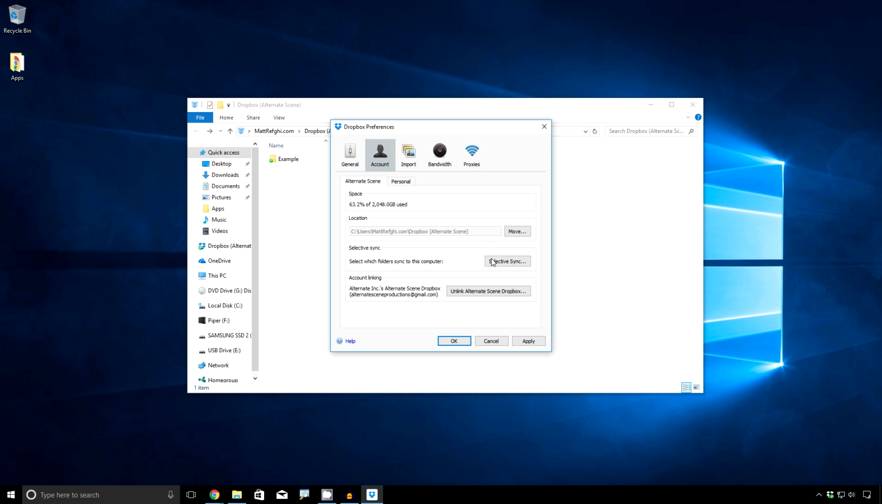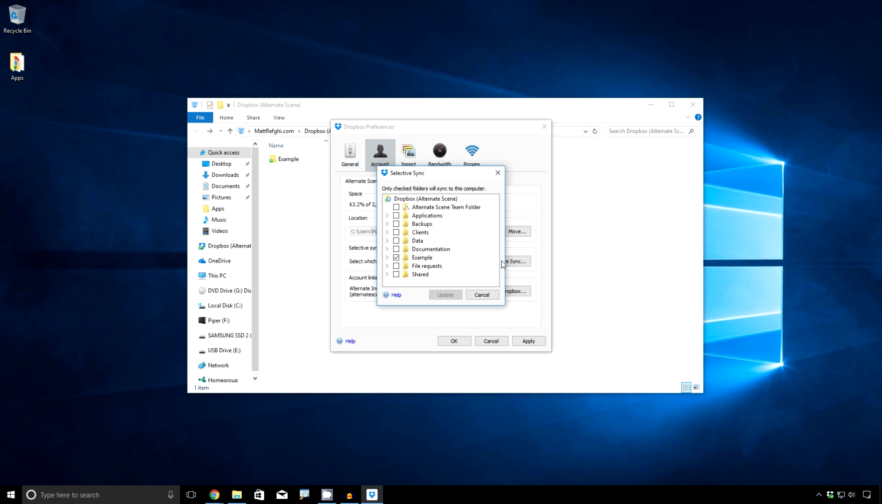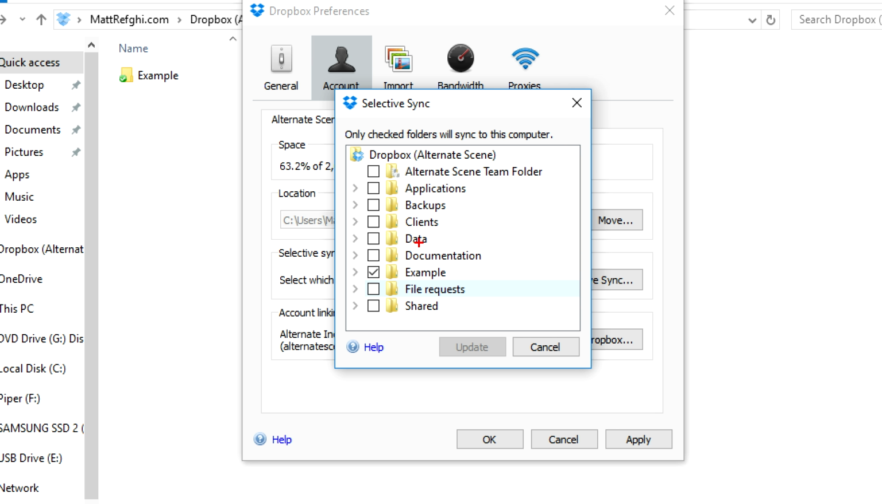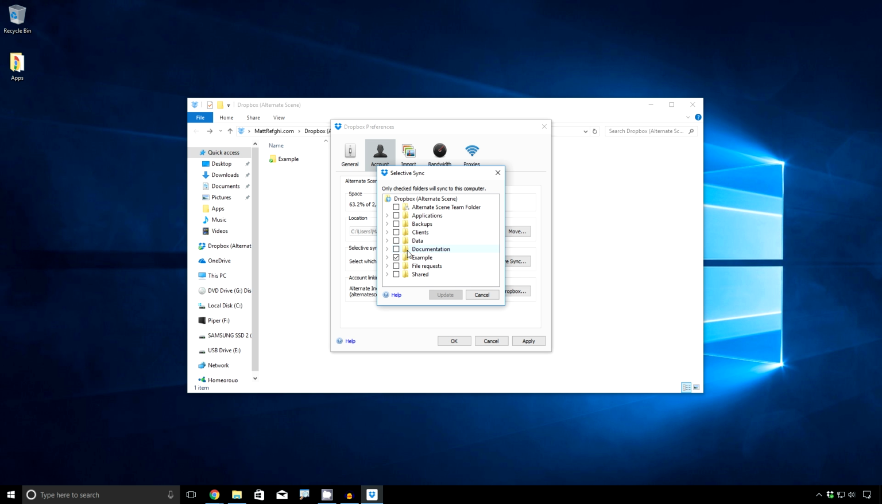Okay, so if you click on Selective Sync, here you can actually see the full structure of my Dropbox folder. So I have a data folder, which is huge, a clients folder, also huge. These are all massive, so I've chosen to not include them. I've just said, hey, I want example. That's all. All right, so if I click on this little arrow here to the left of my example folder,